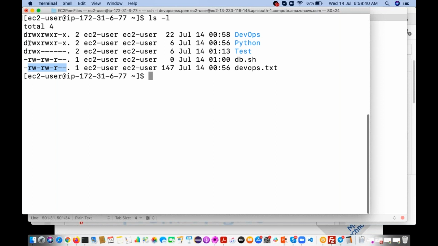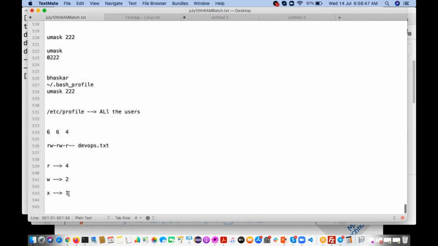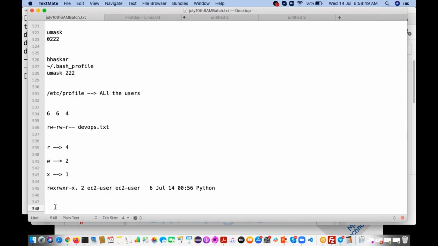In the same way, check the directory permissions. If you create a directory, what permissions are we going to get? Just convert these alphabets to numbers. Read, write, execute means 7. Read, execute means read 4 plus execute 1, which is 5.